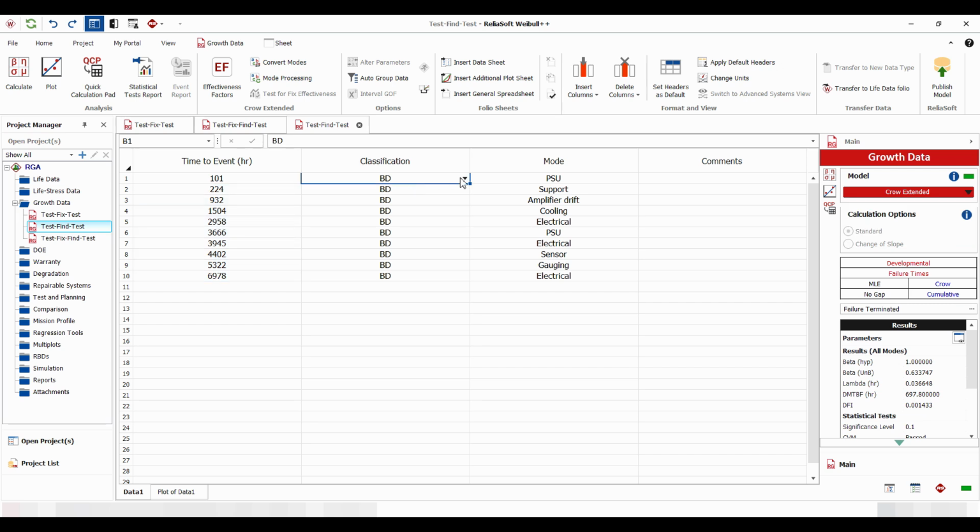So we go to the classification column, and we are left with three options. Option A, no fix, so we don't do anything about that particular failure. Option B, C, corrected during the test, and option B, D, delayed at the end of the test. So we delay all of these fixes to the end of the test, but we also need to specify the